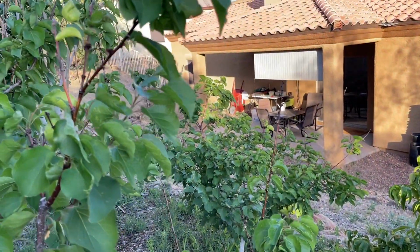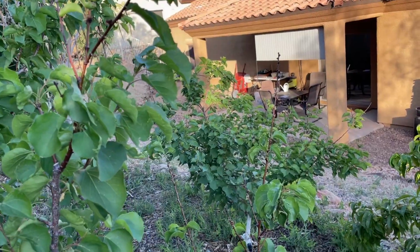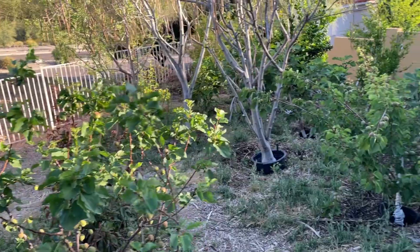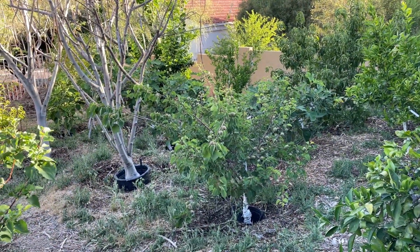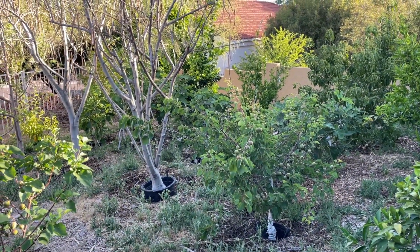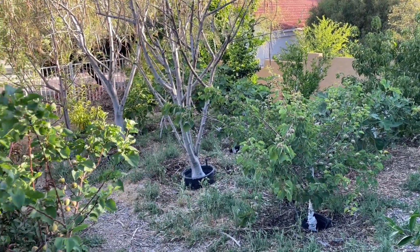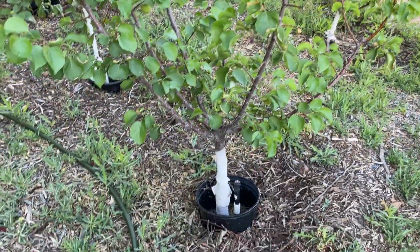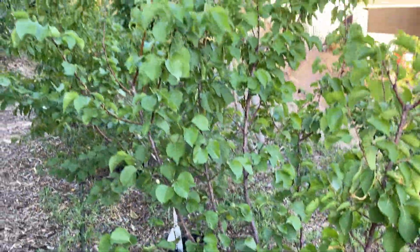Back in the back there, that is a second Flavor Delight Apium. That's the one I put in because this Flavor Delight Apium here got really hurt in the summer of 2020. I thought for sure it was gonna die, and it didn't, so I ended up with two, and I'm sticking with the two for now. Cotton Candy Apium. This one